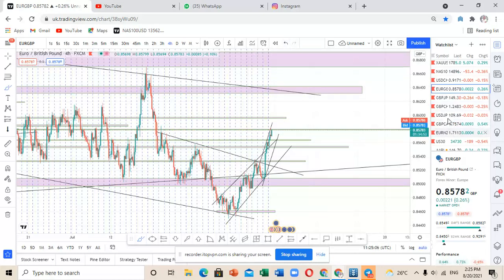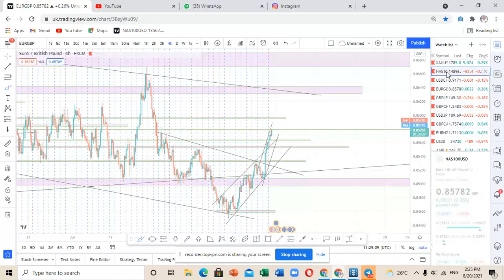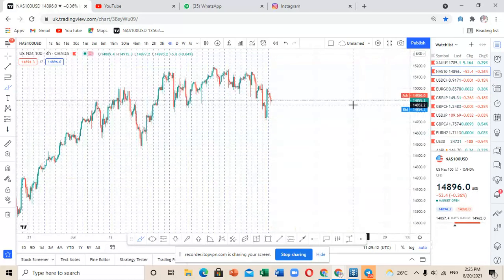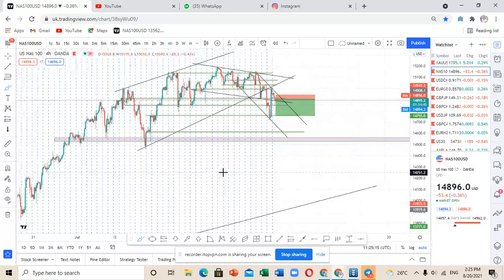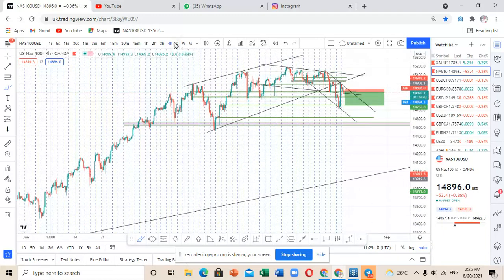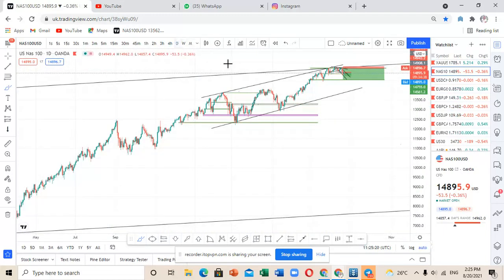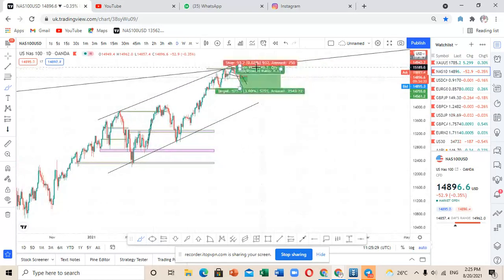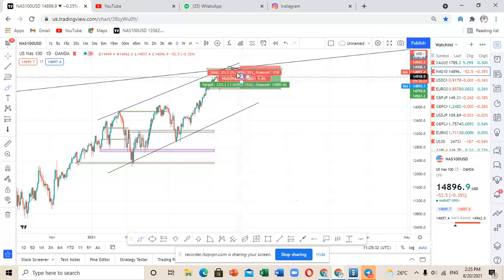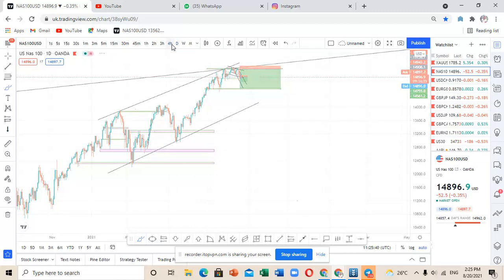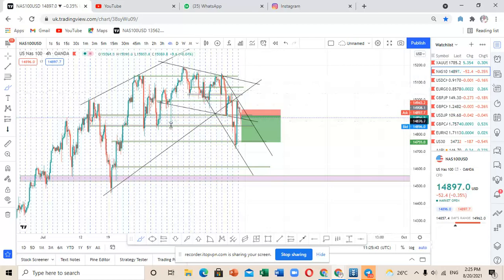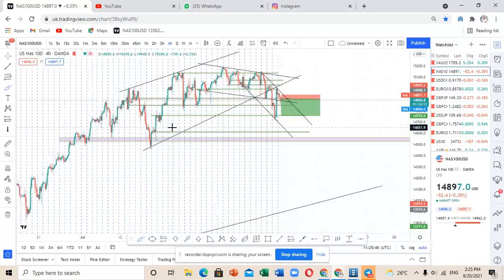So I would like us to move to the NAS 100. When it comes to NAS 100, I won't talk much from the daily time frame, because in the daily time frame you just have a general move to the upside. Then you have this trend line that is above here, and you can see that after touching this trend line, the market has been moving to the downside, trying to create several moves to the downside, that is, the creation of a downward or bearish trend. So let me just move on to the hourly time frame. Now from the hourly time frame, you'll be able to understand what the market is trying to do.